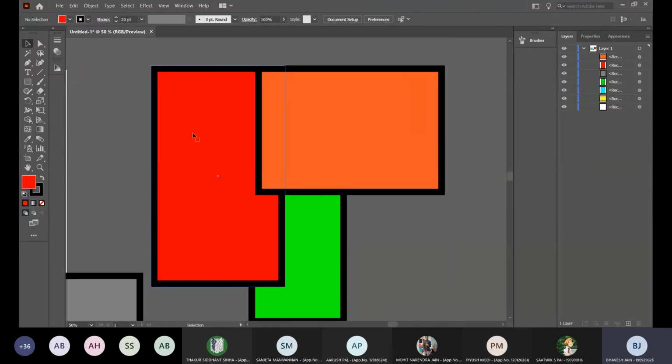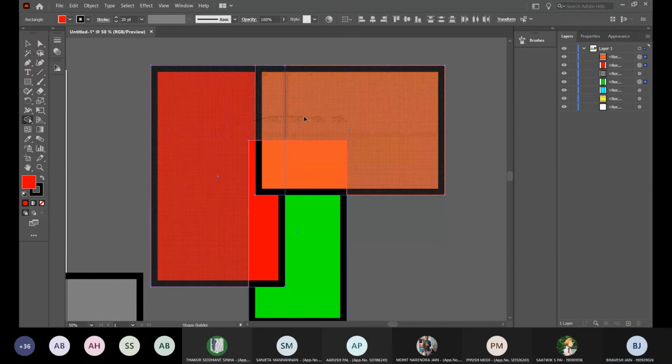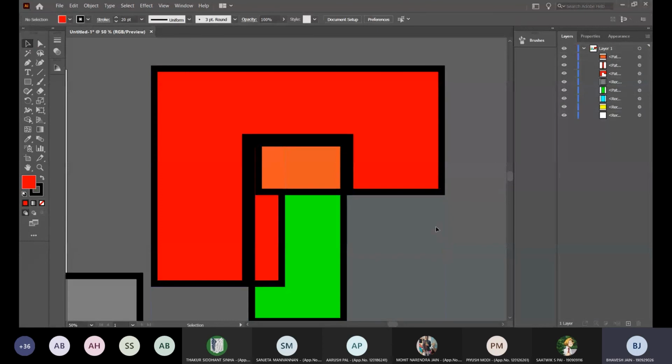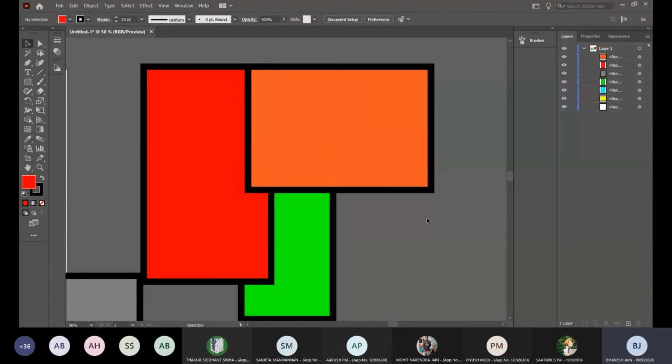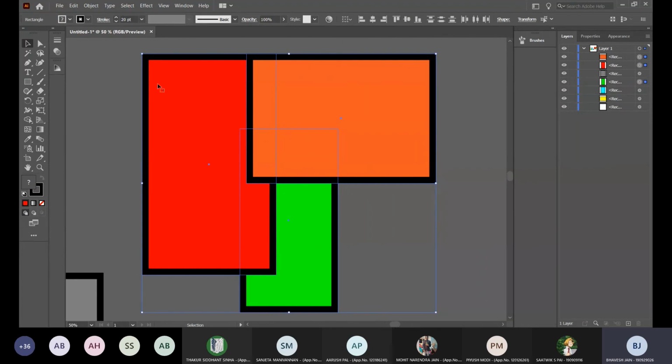So first I select the object that I want, the one where I start from. If I want to start from red, I start selecting from here. Select this. Now you will see in this square, you don't have any color set. I hit Shift M and start drawing. Now it will become red. So that depends.